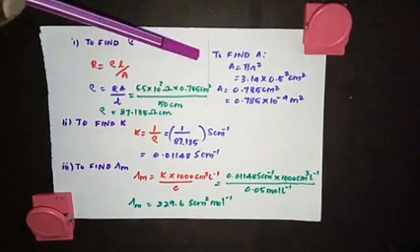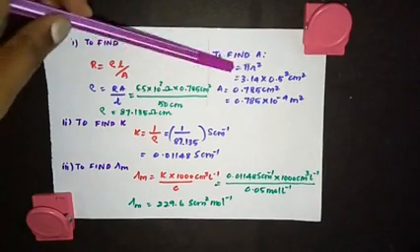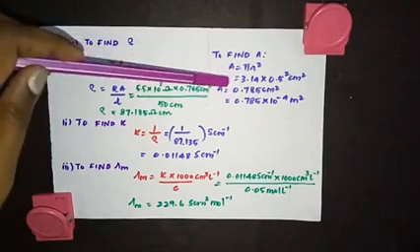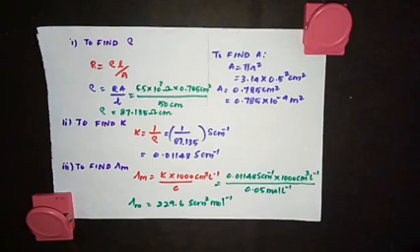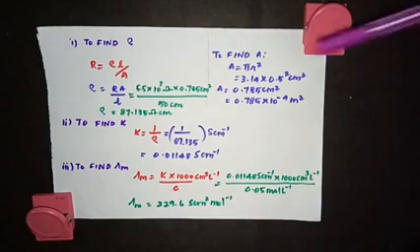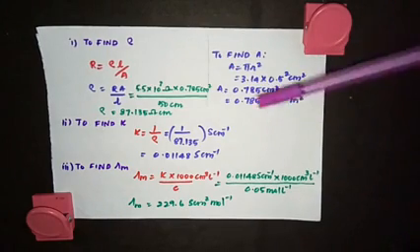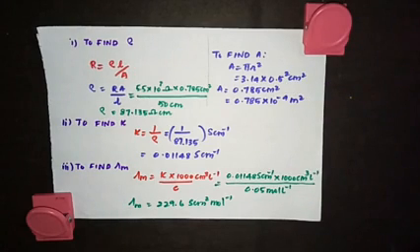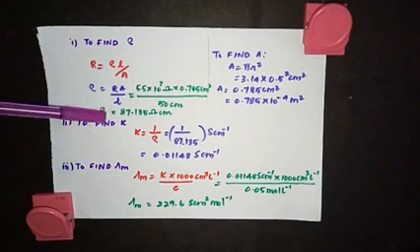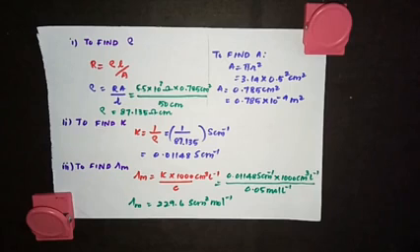To find A, A is equal to pi r square. You're going to find the area of the column. So 3.14 into 0.5 square. The r value was 0.5, so the area is 0.785 centimeters square. If you want that in meters square, it is 0.785 into 10 to the power minus 4 meters square, converting centimeter to meter. Now to find rho, first we are going to do it in terms of centimeter, and then we will move on to meter.